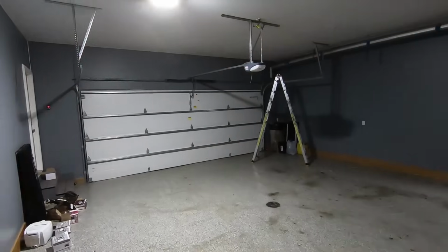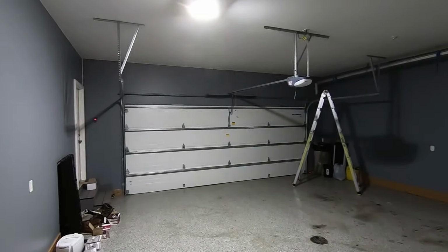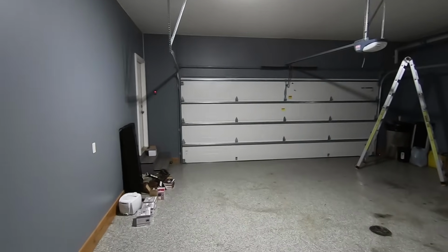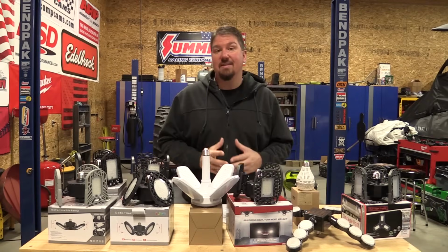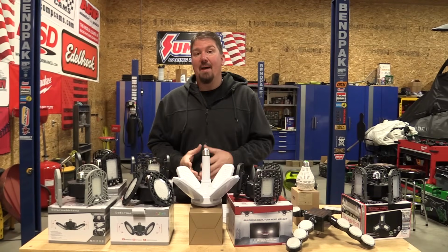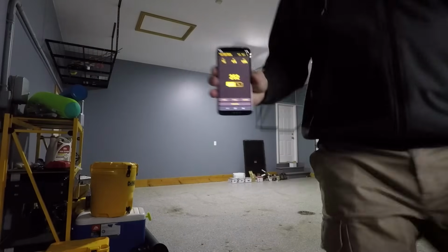Now in doing so, we took my garage, took everything out as far as lighting, and all we are using is one single bulb. Now to do this testing, we used a phone app called the Light Lux Meter, and